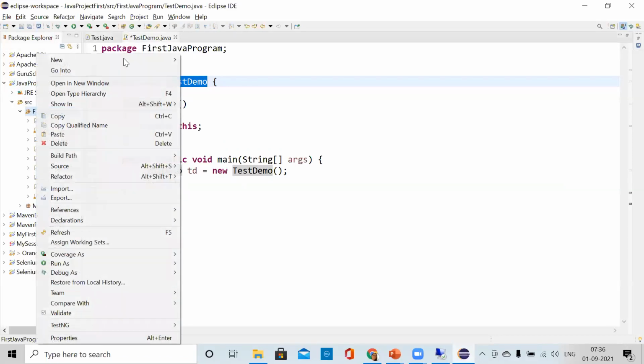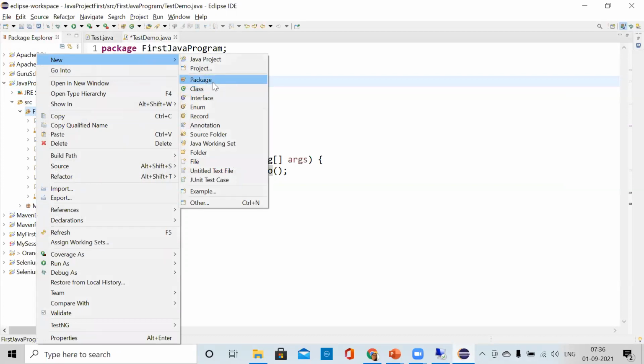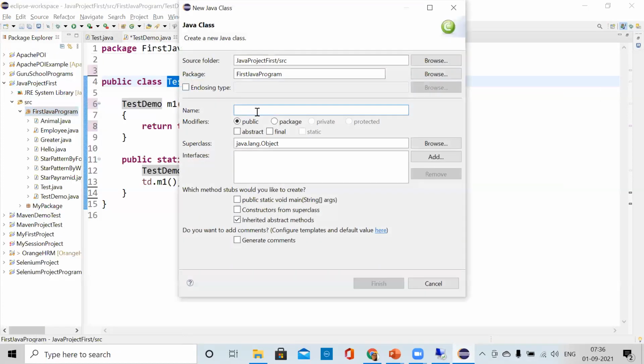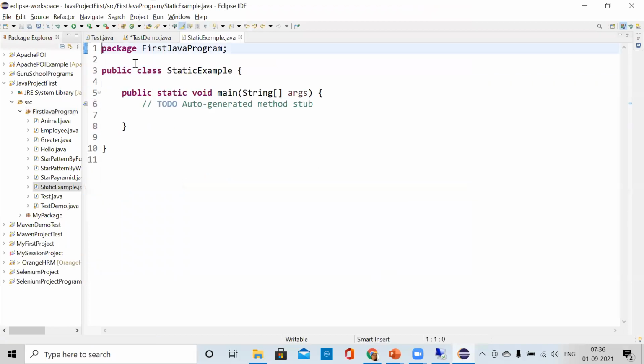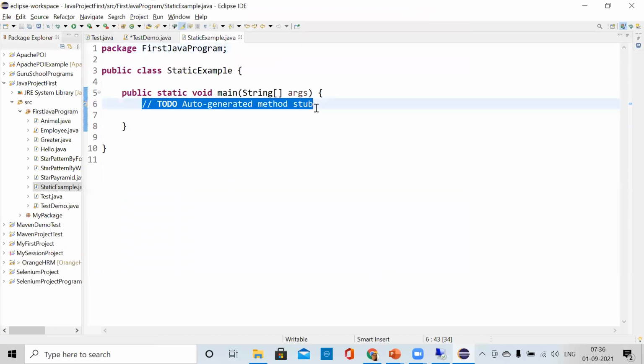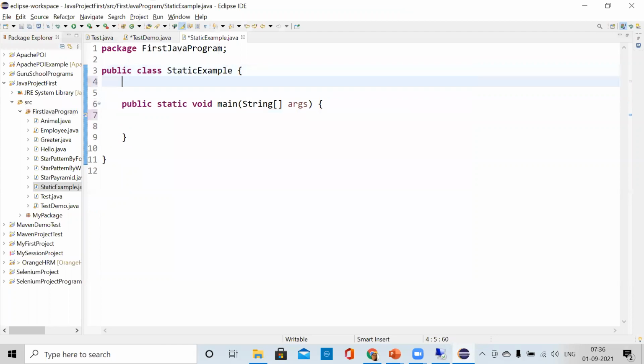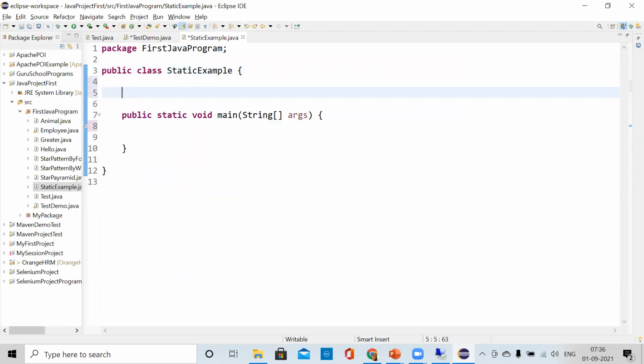We'll just create one static program. We'll just make a class, static example. In that, if we try to create an instance variable, integer a equal to 10, this is a normal integer.